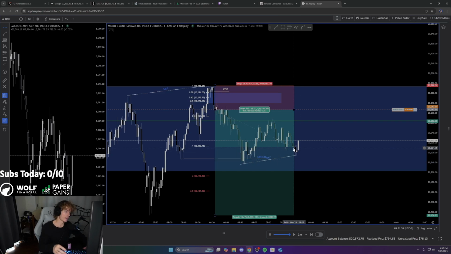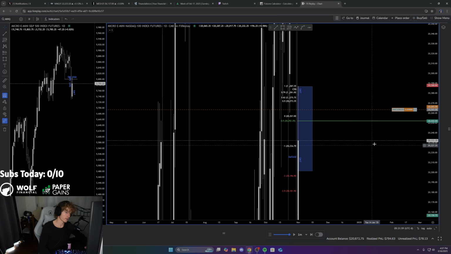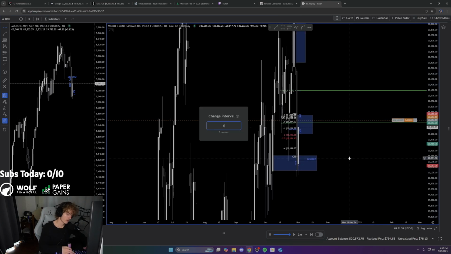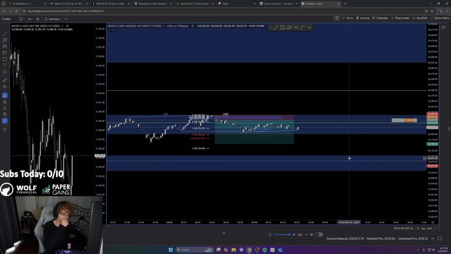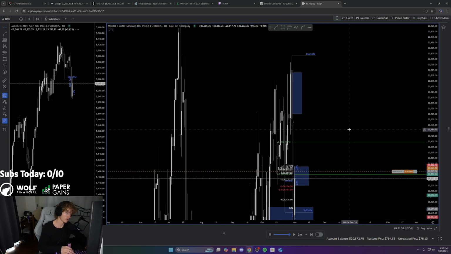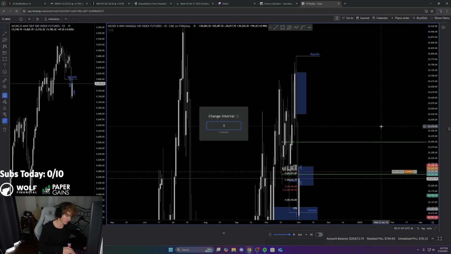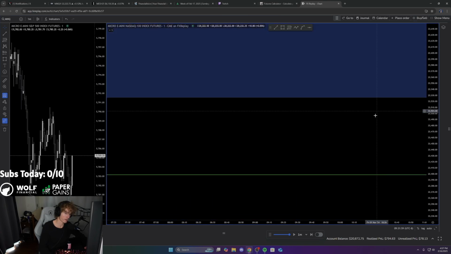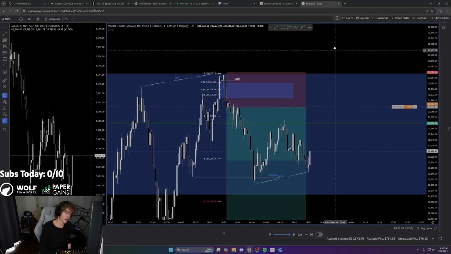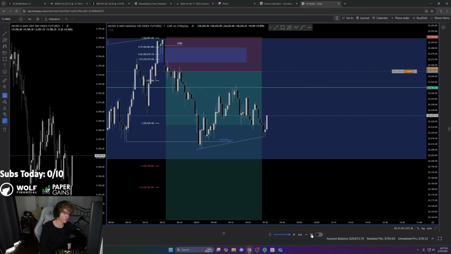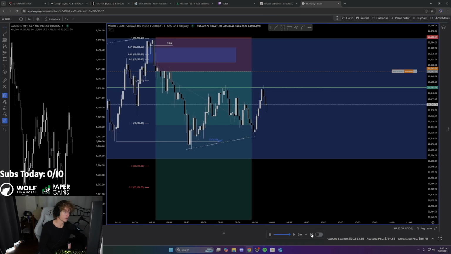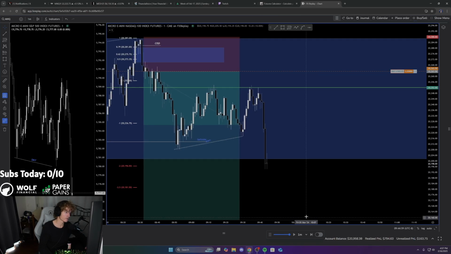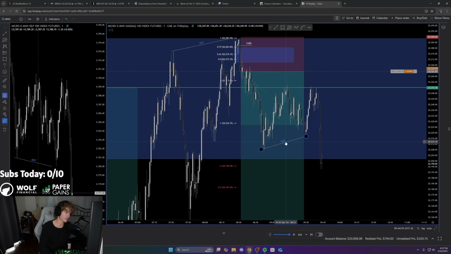Given that I think the potential internal draw on liquidity is still lower, I could think this SMT gets taken out. But if the draw is higher towards the equilibrium we have up here, then I get stopped at break even on the rest of this position here. So let's see. Back to equilibrium. Selling off. SMT low gets taken exactly how I thought.